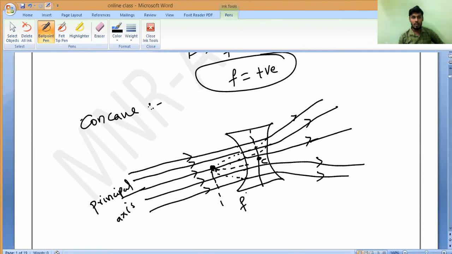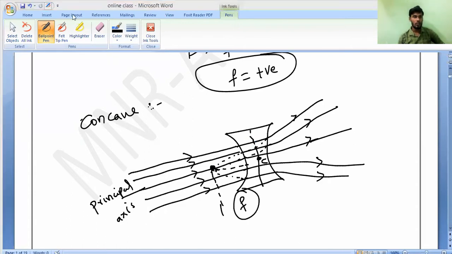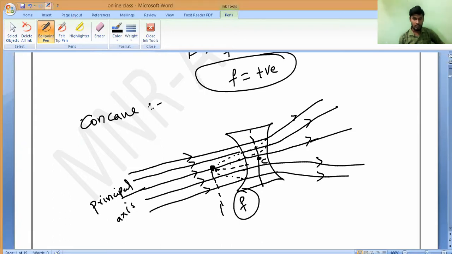Then that is the focal length of the lens. Virtual focus or real focus? It is having a virtual focus. Is it yes or no? Because the light rays are converging, we are feeling that the refracted light rays are coming from a point in front of the lens, meaning the virtual focus, meaning an imaginary focus. So that is why I can say it is having a virtual focus.